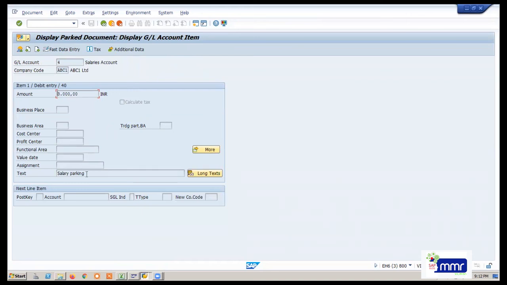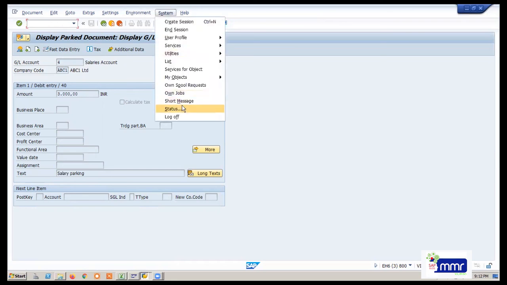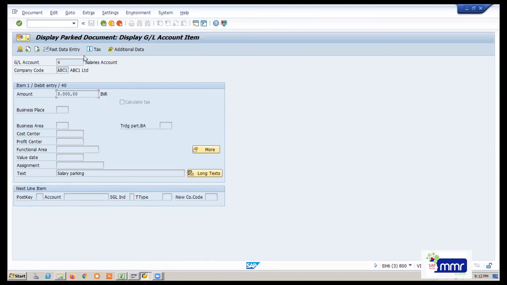Why did they park the salary? Because this amount is not authorized. So if I feel it is good to be approved, then I will approve. How can I approve? Same way, you use a short message and send: okay, go ahead and post this parked document. Instead of that, the approver can also directly post the document instead of the users.